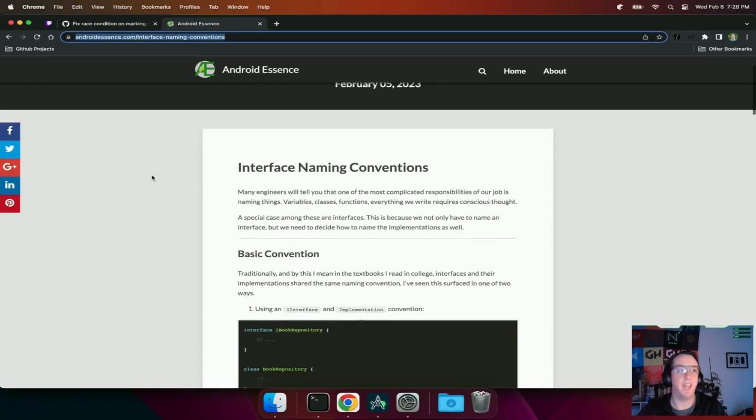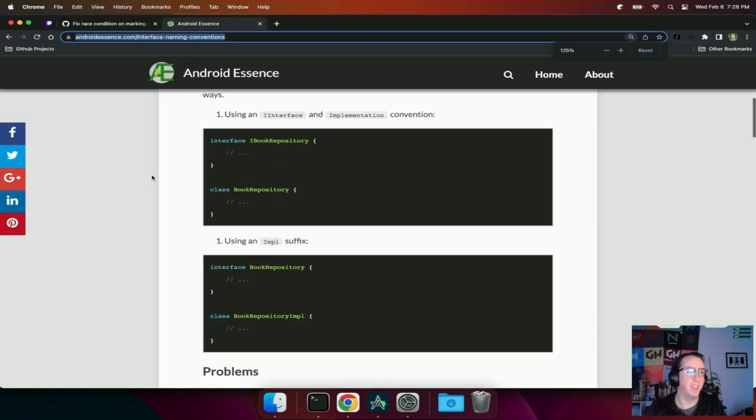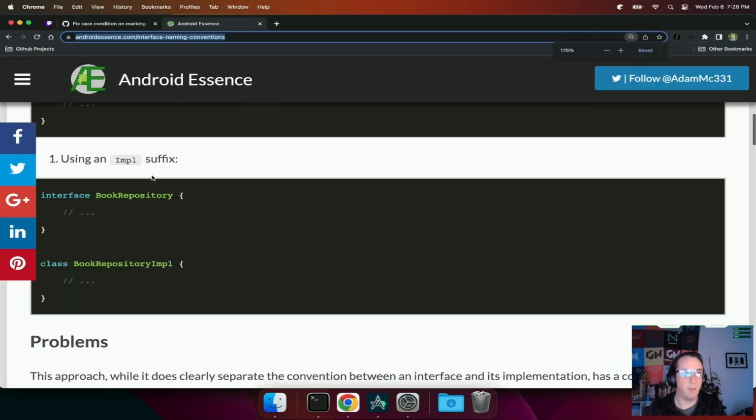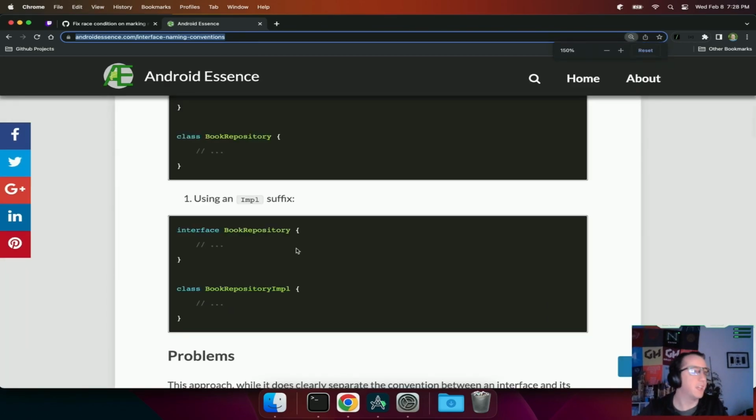And basically, the whole point of the conversation is, traditionally, you sometimes see conventions like this around interfaces where you have